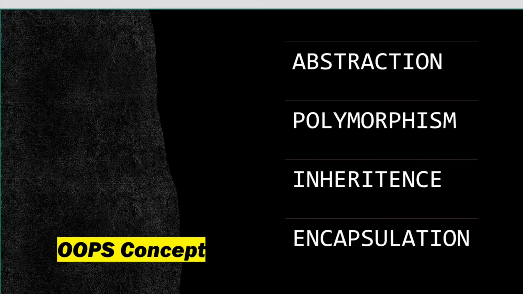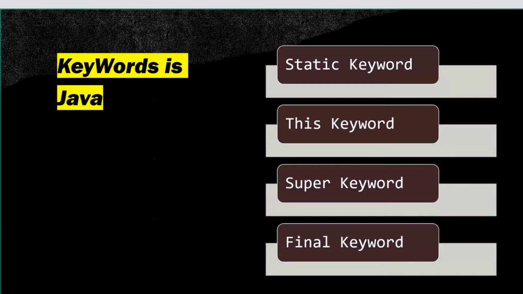Okay, so this will cover your OOPs concept. Once the OOPs concept is over, we'll move ahead with the keywords in Java. There are certain keywords given, and keywords have specific properties inside them. How these are useful and how we can use them, we'll see one by one. First is static. What is static? Static is just a keyword, but why and how is it used in Java? Static is used for memory management.